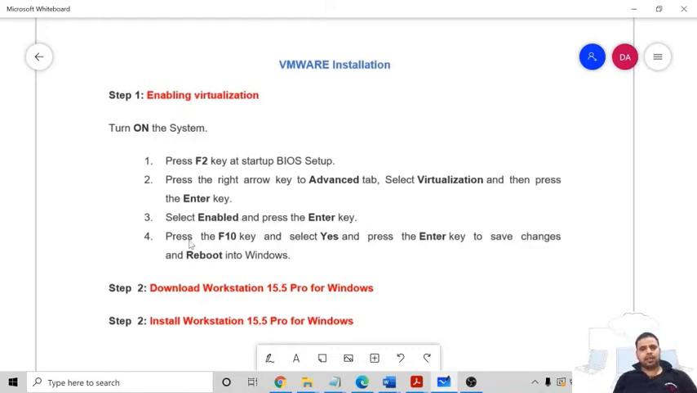And finally, press the F10 key, select Yes and press Enter to save changes and reboot into Windows. So this is your first step, because in order to use VMware, you have to enable virtualization. After enabling virtualization, we need to download VMware Workstation Pro, and after download, I will install this workstation in our